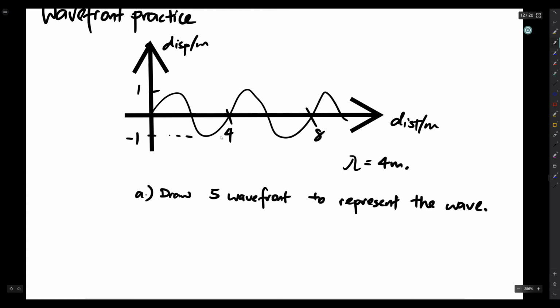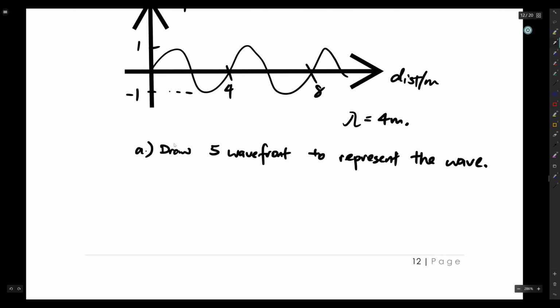Draw 5 wavefronts to represent the wave. The first thing you need to do is to come up with the scale. What's the scale? The scale will probably be something like 1 cm is to 2 meters. So to represent 4 meters, we need 2 cm. Now there are 5 wavefronts to represent the wave, so basically you expect yourself to have 5 lines. With 1 cm to 2 meters,